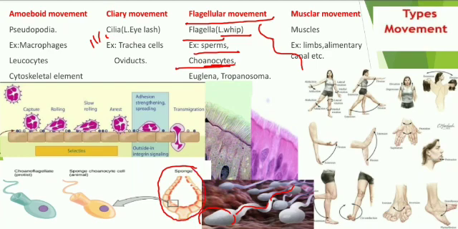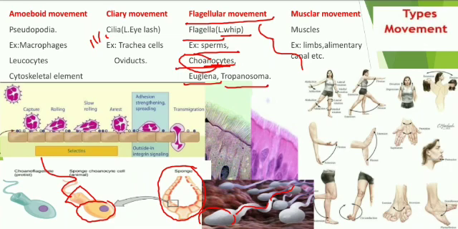And sponges have different layers, pinacoderm and choanoderm, and the choanoderm has choanocytes. Choanocytes means collar cells, and this is the cell. It has a collar, it has a flagellum. That's why these are known as collar cells. They also show flagellary movement for filter feeding. About that mechanism, I think we have learned in the Porifera phylum. Next, the same flagellary movement you have seen in Euglena and Trypanosoma, and some other protozoans.